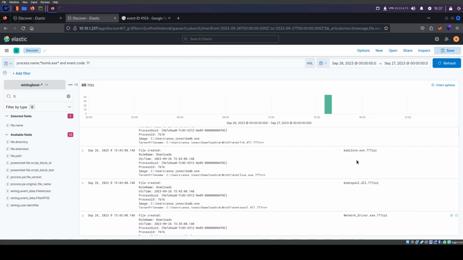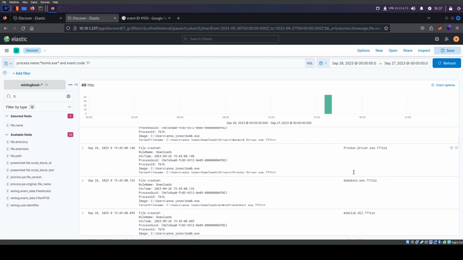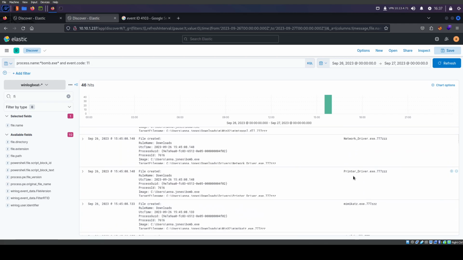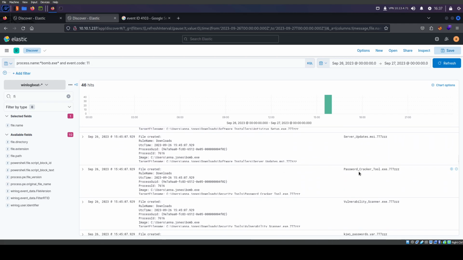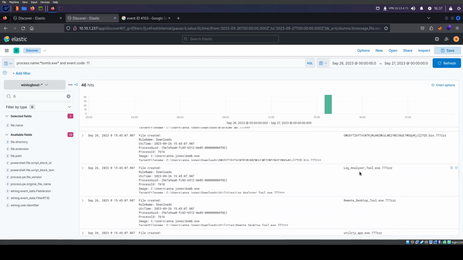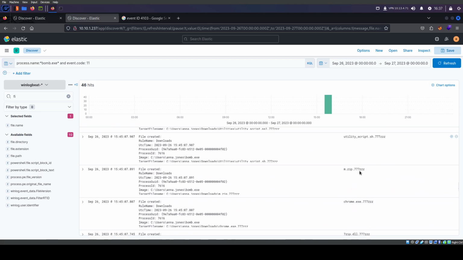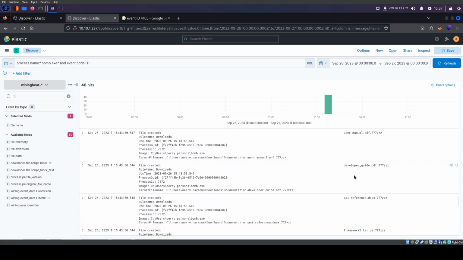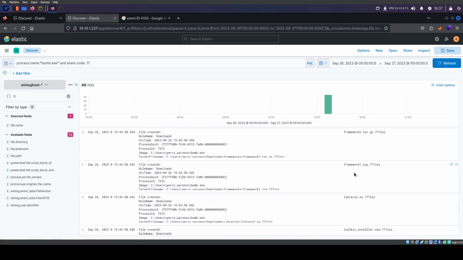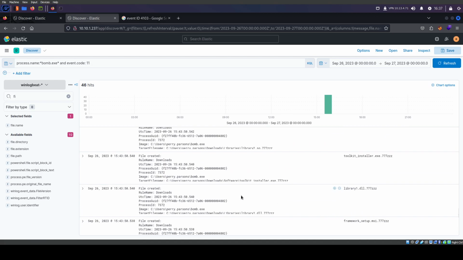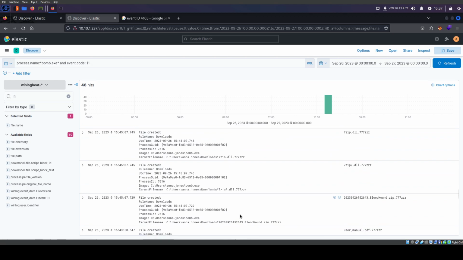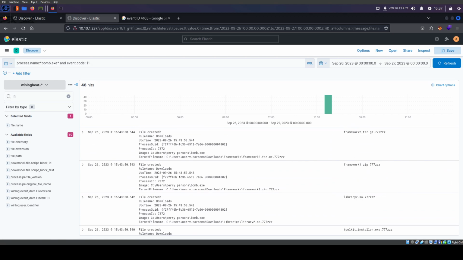So these are all the files that it looks like were created and encrypted. We have some Mimikatz, Mimilove, so password cracker tools. So it encrypted a lot of these files. User manual, developer guide, and yeah, that's pretty much all. And this is across both computers that we were hunting.